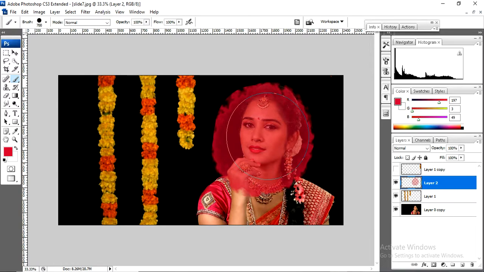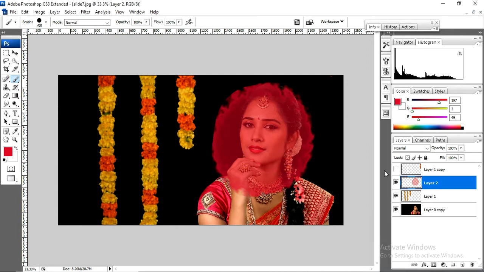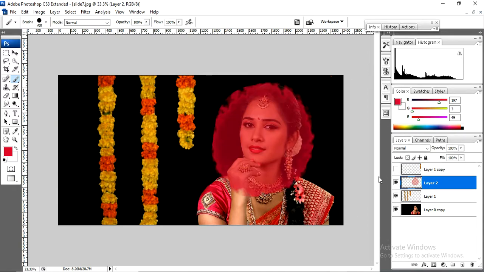So now I placed something in the layer. I placed a certain color. See, this color we placed now is in front of the background image only. I'm going to disable it. See now, there is no relationship between the original image and this corresponding layer.